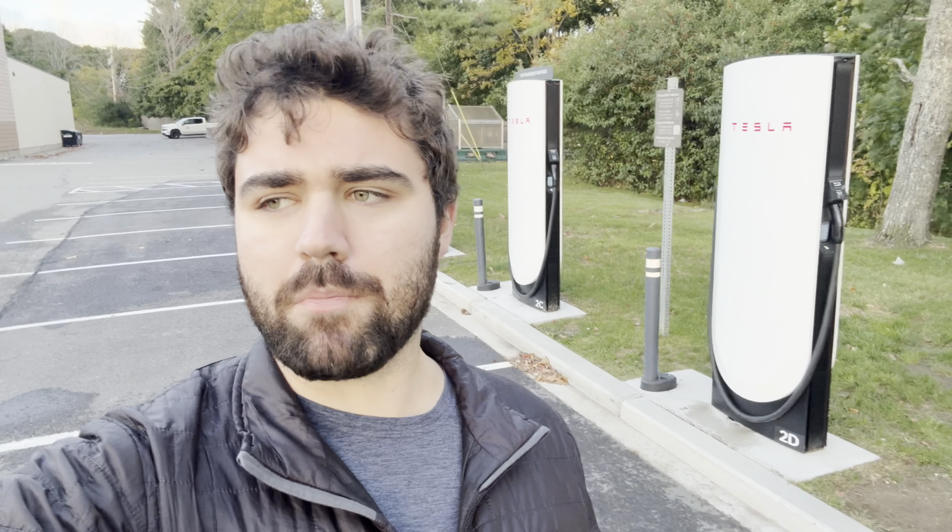So as I mentioned, this is Tesla's first NEVI-funded Supercharger site, which means that they got funding as part of the federal government NEVI program, or National Electric Vehicle Infrastructure Program. And the NEVI program was part of the bipartisan infrastructure law that was signed into law, I believe, in 2022. So there are some very clear requirements as part of this program that I think Tesla is maybe not so compliant with. But at a bare minimum, you need at least